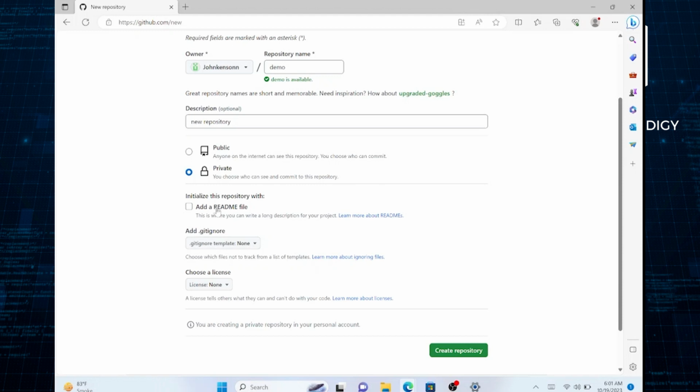If you're starting a new project, you can choose to add a README file, which is often a good practice. You can also select a license for your project. For example, MIT, Apache, etc. Adding a license is important if you want to share your project with others and make it clear how they